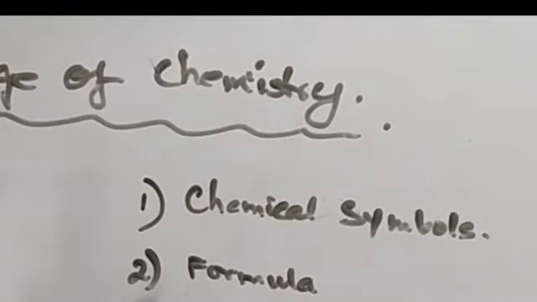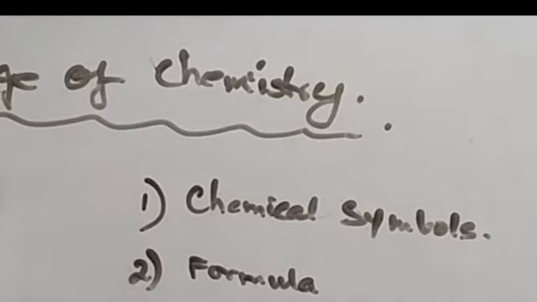Before I start chemical symbols, let me say what chemistry actually deals with. We know that our earth and our surroundings have two types of substances, pure and impure. In lower classes you have already done that pure substances are divided into elements and compounds. An element is a very simple and pure form of matter which cannot be decomposed into simpler substances.